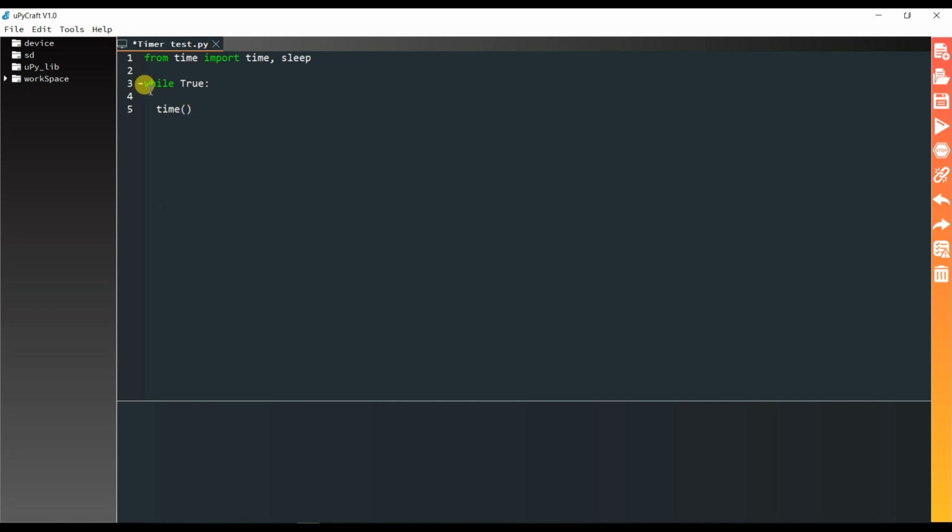As I told, this time function starts the time and this time will be saved in the current time variable. Okay, print here.